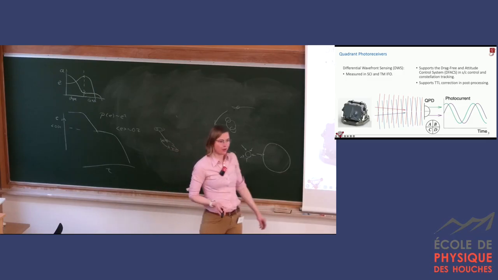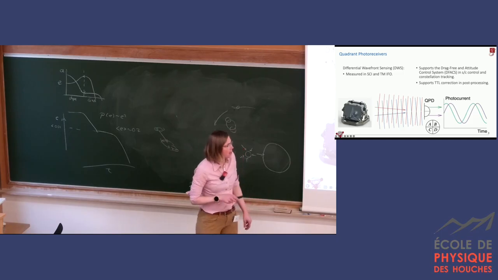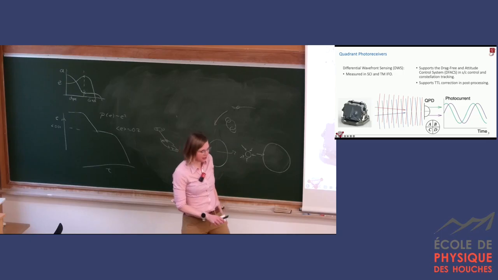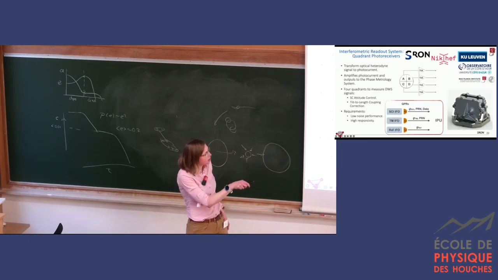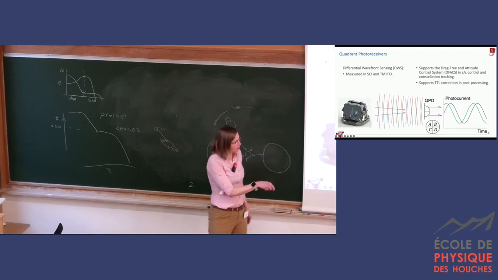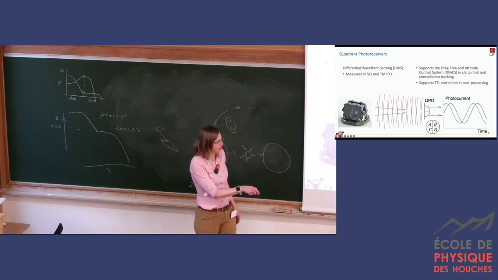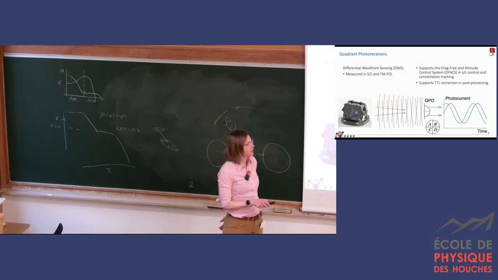So, why four quadrants? Four quadrants basically create four diodes. They have the split, and we have the segments as shown here. And that means we measure each channel independently, as shown here, right? Each channel is measured separately. And that allows us, if we take A and B minus C and D, and the same with A and C minus B and D, to directly measure the phase lag